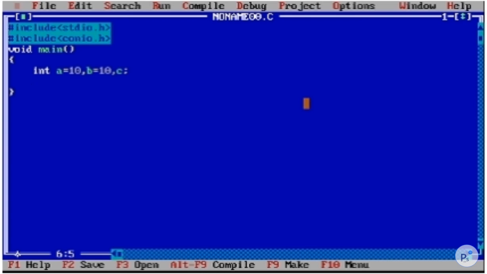So as I talked about arithmetic operators, c equal to a plus b, semicolon. Simple enough. And we are printing it out. printf, addition is, %d.